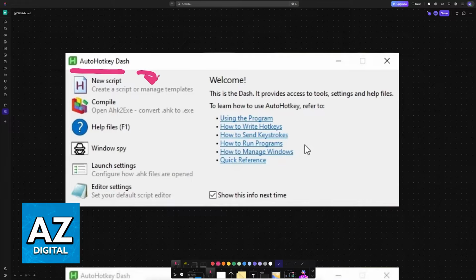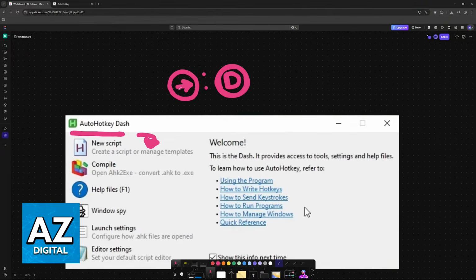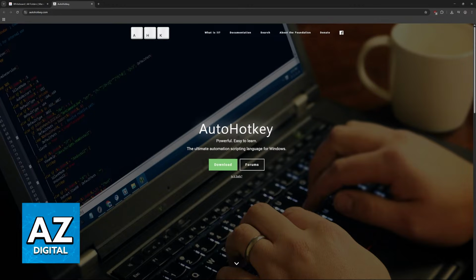This tool will allow you to set up scripts, so essentially it is going to grab the arrow key and translate it into another input. So for example, if you press the right arrow key, it is going to be converted into D, or rather, when you press D, it is going to be read as the arrow key, which means that you will be able to move in-game. So to use these AutoHotkey scripts, first download the tool itself.